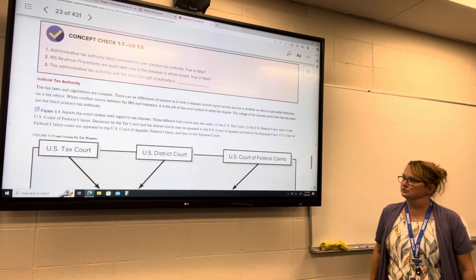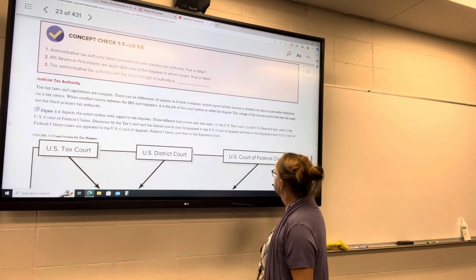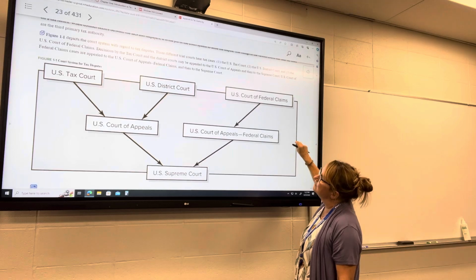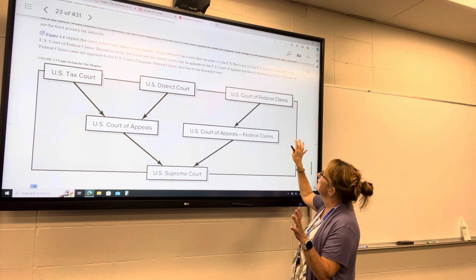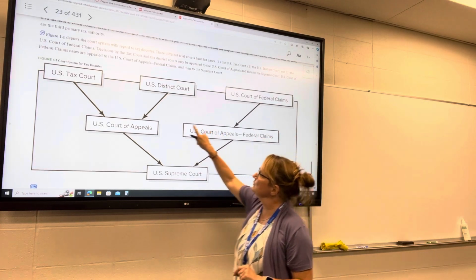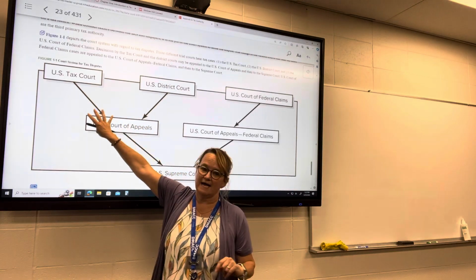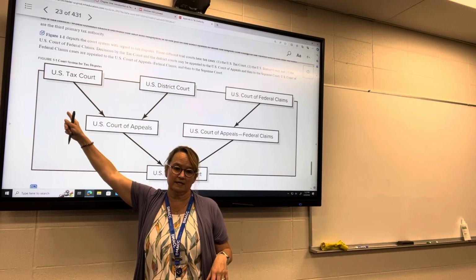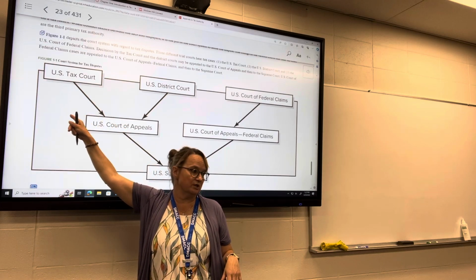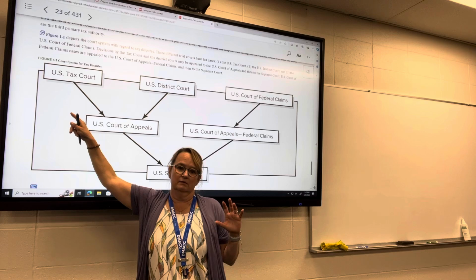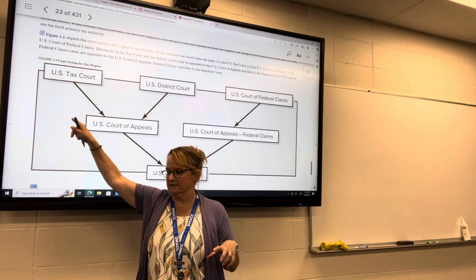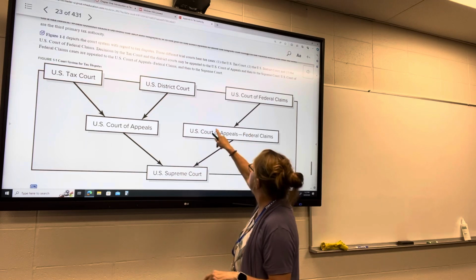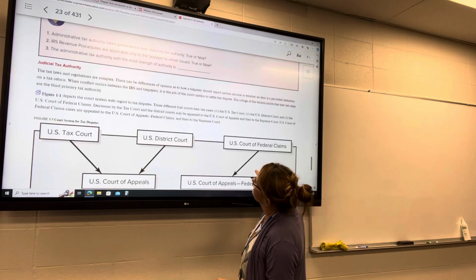Then we've got the judicial authority. As I mentioned, this is a pretty good illustration of how the courts are set up. So mainly what we're talking about with regard to tax law are district court cases or U.S. tax court cases. These are the ones where the judges specifically know their tax. They're like a tax attorney. They know about the tax law. Both of these can go to, and then the Court of Federal Claims,